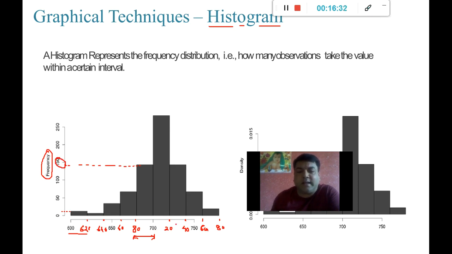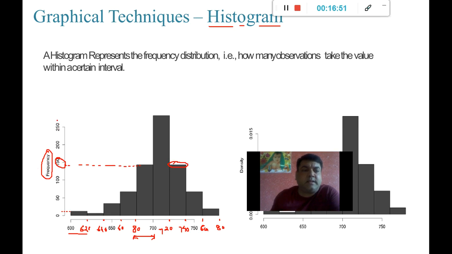One can again say that from 720 to 740 marks, the students who have obtained these marks are around 150 in number, and that is why it is called a frequency plot.